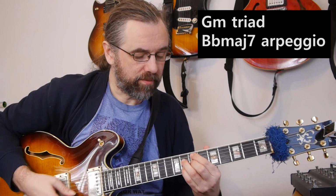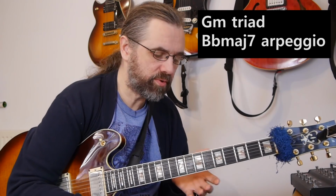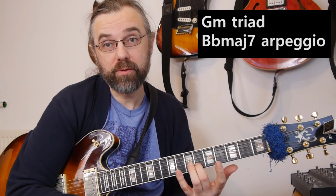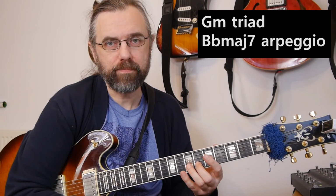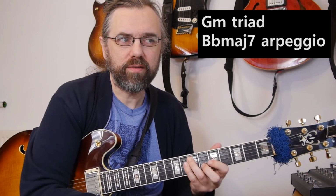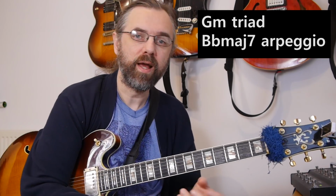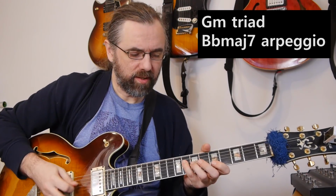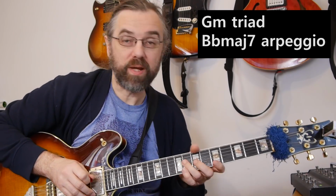The reason why for the half diminished the G minor 7 is sometimes a little bit tricky to use is that the outer note here, so if we play a G minor 7, then we're going to end on the F, and the F is not the nicest note on top of the E, so that can be a little bit more difficult. You can use it, but you have to be a little bit more careful when you're using it. And somehow when we have it, in this case with the B flat, in the middle of the chord, then it's a little bit easier to work with,